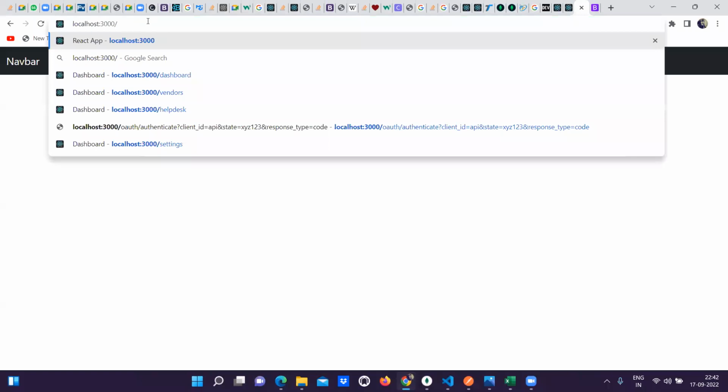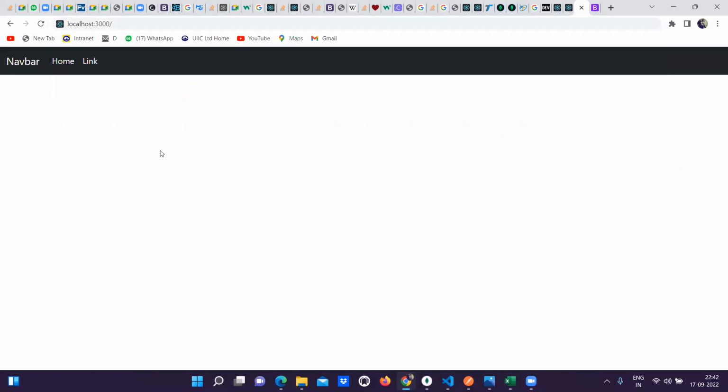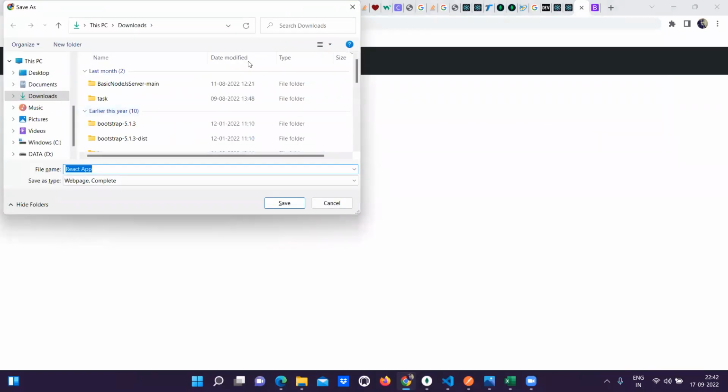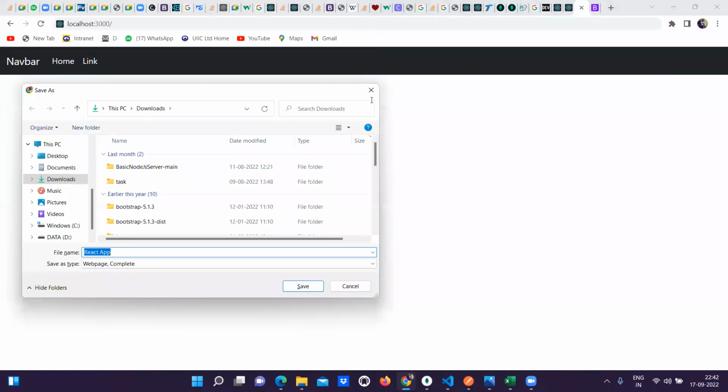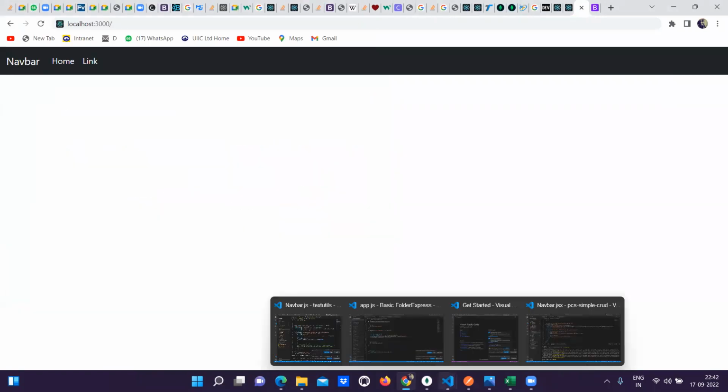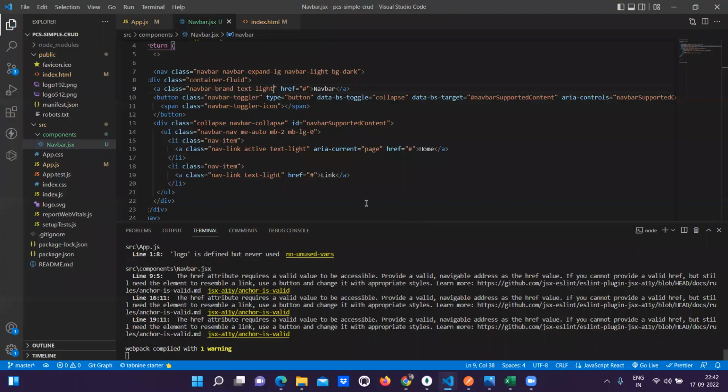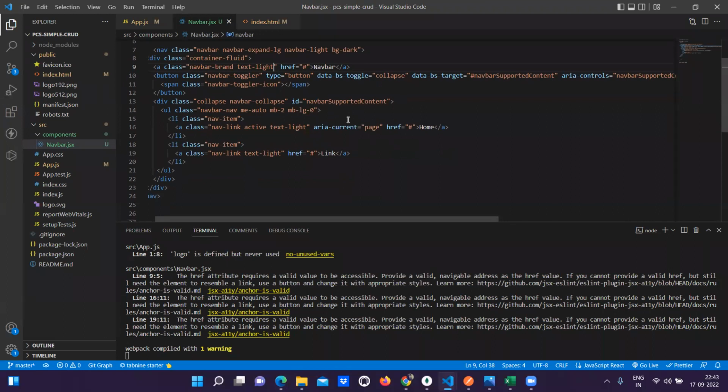This is not a code actually. I just copied this code from the Bootstrap. So look, our navbar is ready. Now we need this component, which we will use in all our pages that we create. So first let's give the navbar link as